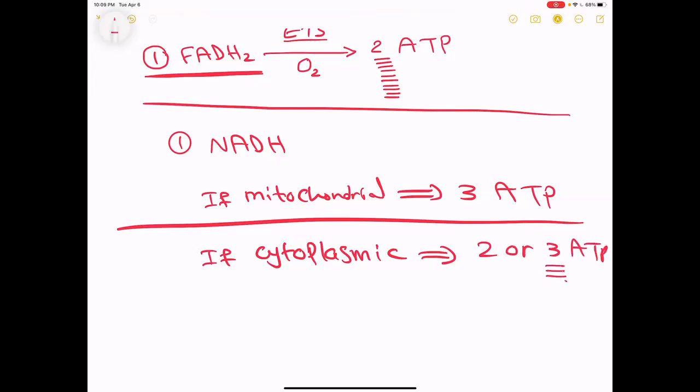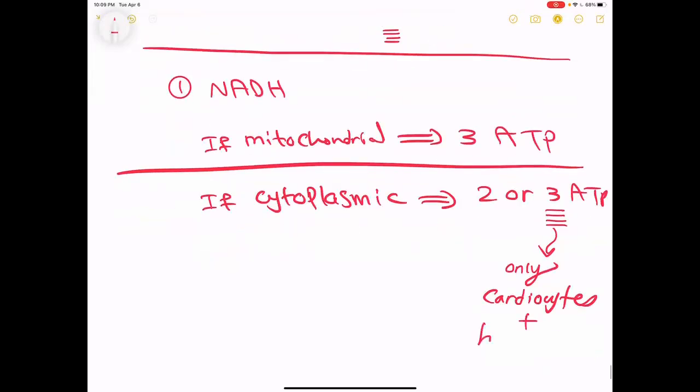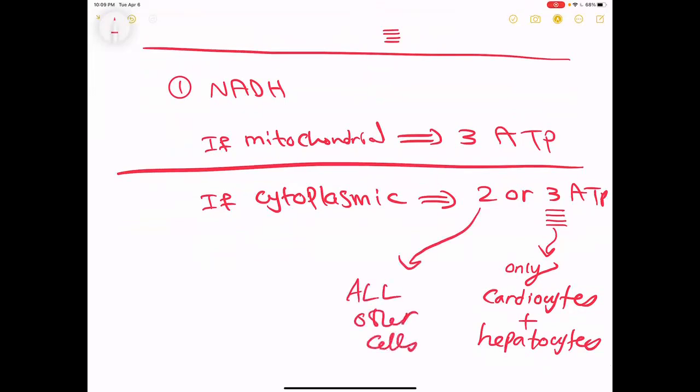Which cells will give me 3? Only cardiocytes and hepatocytes, liver cells. 2, all other cells will give you 2. Okay, that being said,